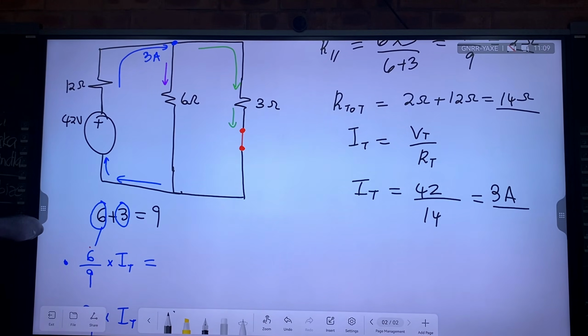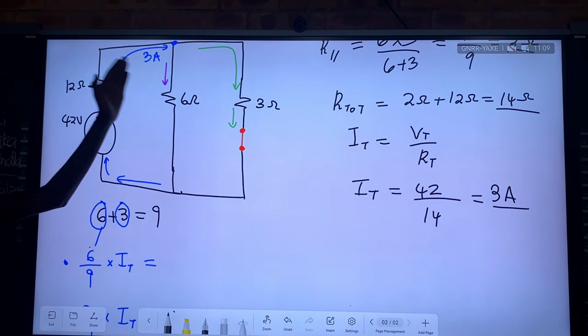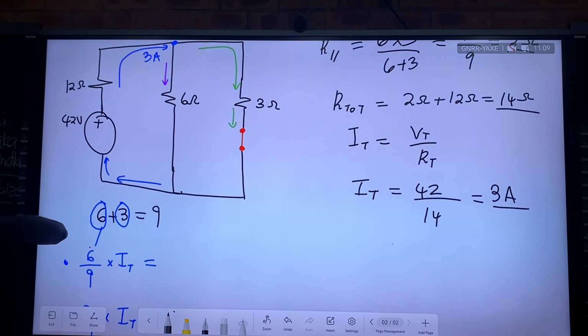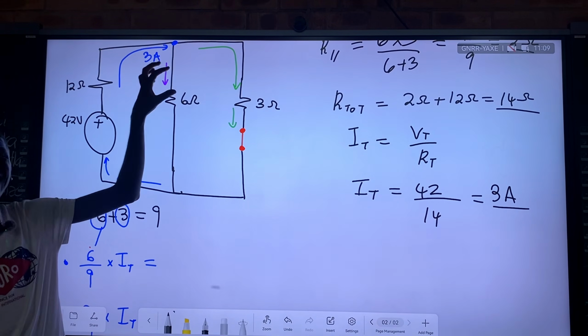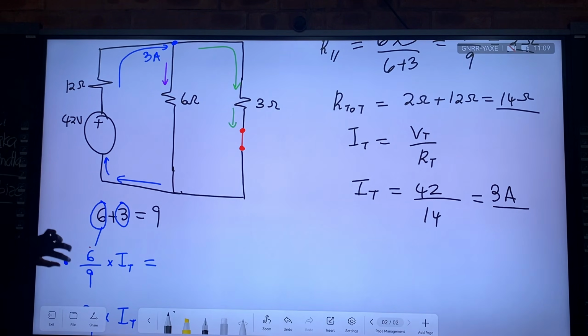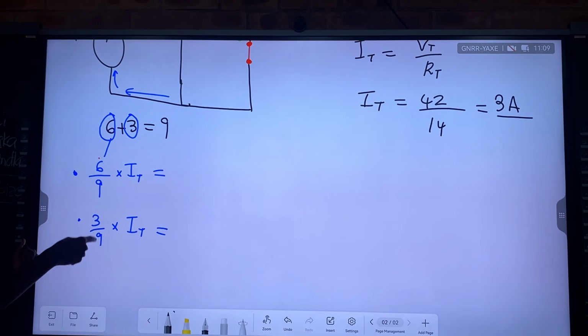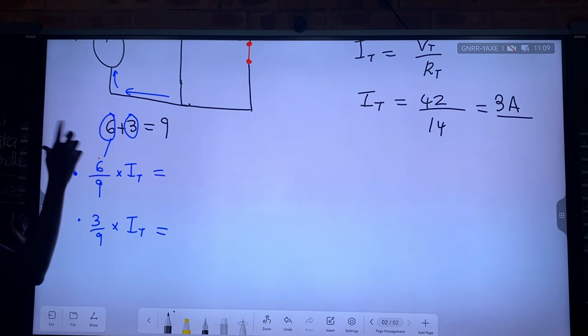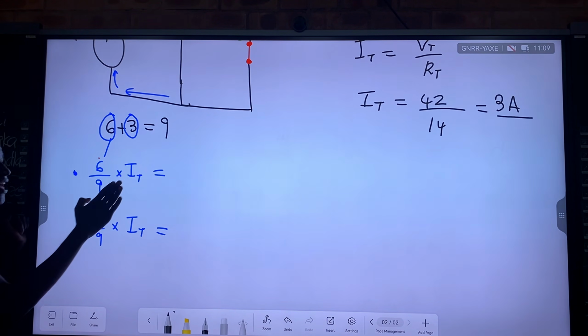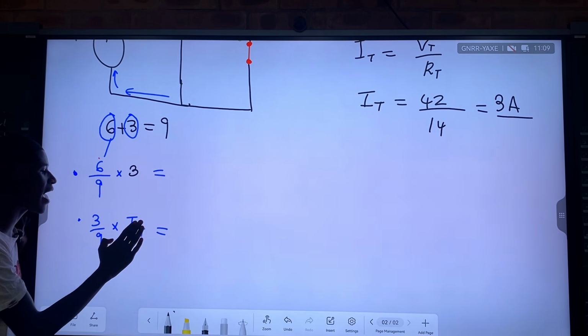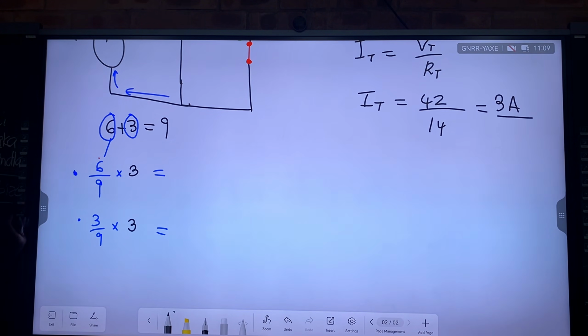Which one will experience the biggest current between 6 ohms and 3 ohms? 3 ohms, Angish. Yes, because it has got less resistance. So, I've got 2 portions of current to share with 6 over 9 and 3 over 9, which gives us the whole current, which is 3 amperes in total. So 6 over 9 times the 3 amperes of current, and 3 over 9 times the 3 amperes